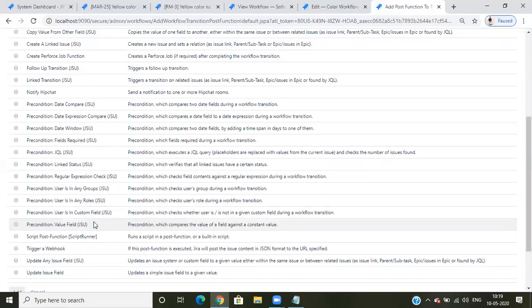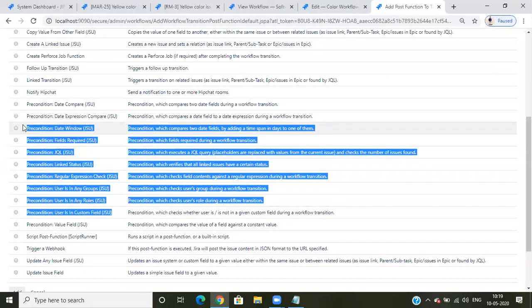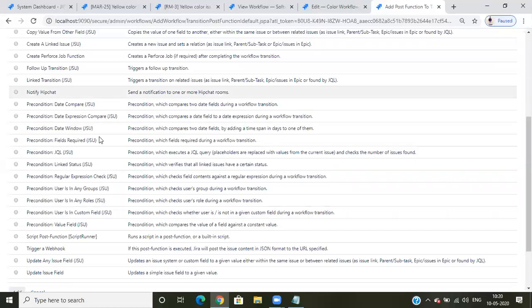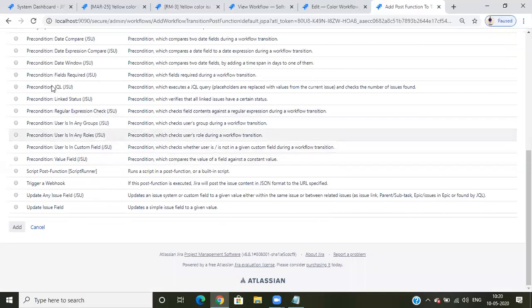Something. So some before the post function to be performed. So the precondition will be checked first. So the same option will come to here. That's the same thing. So what we added in a condition as post functions, the same will come to here.